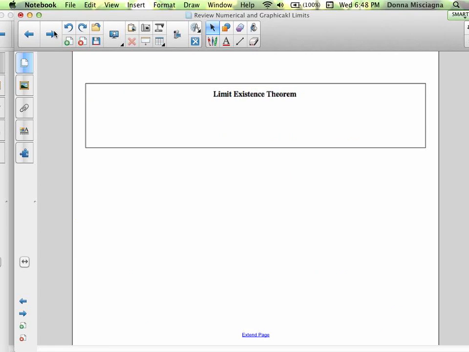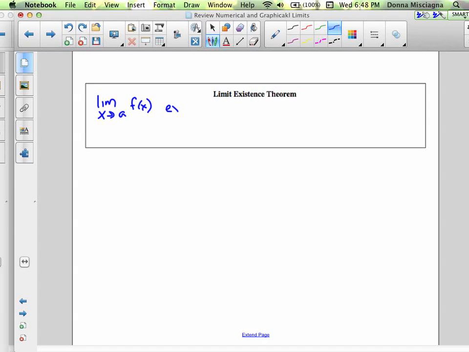Limit existence theorem, also in your notes. I think everything in this video is in your notes. All right, so when does a limit exist? All right, so the limit as x approaches a of some function exists. This means if and only if